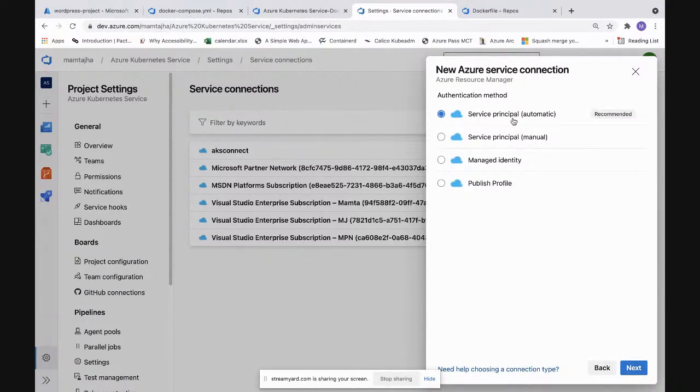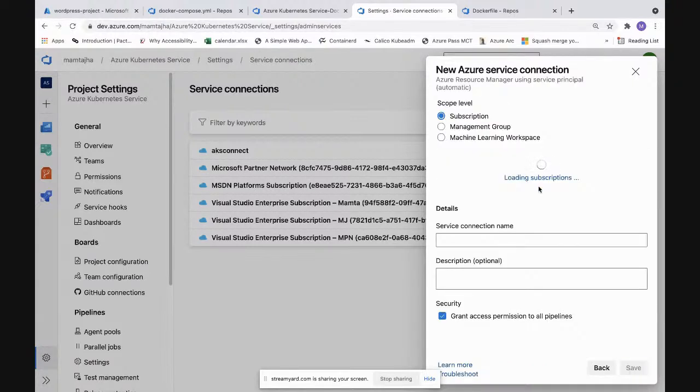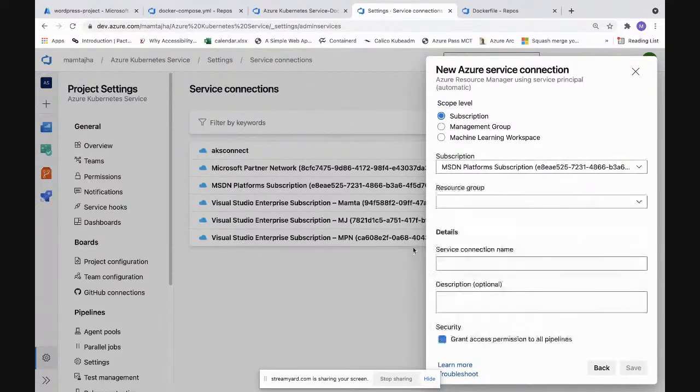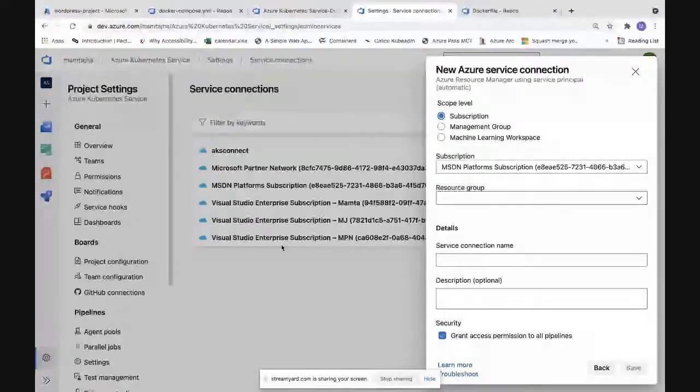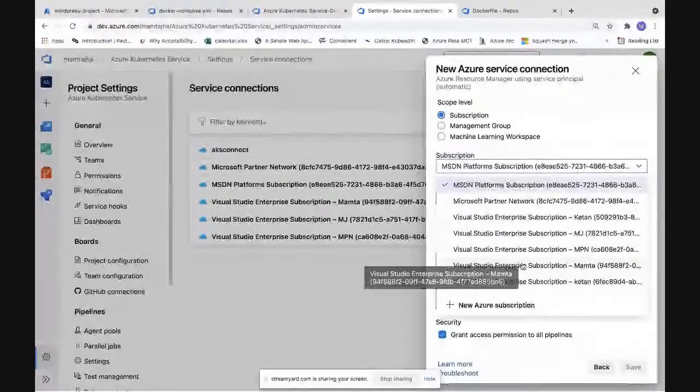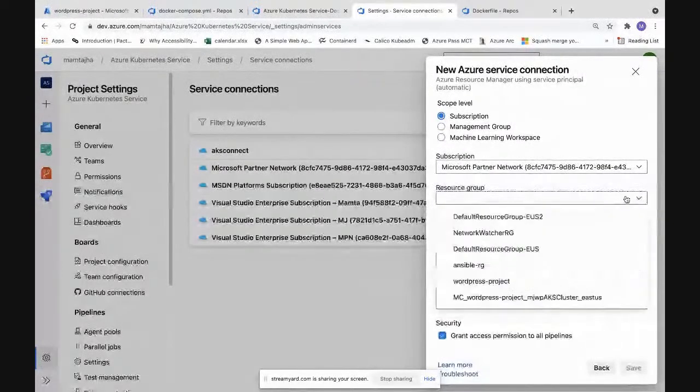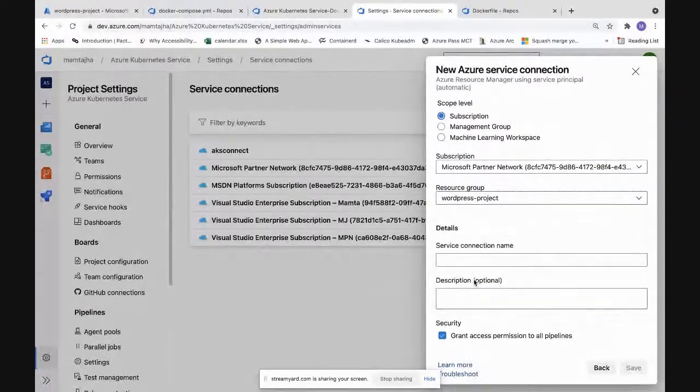You can go and create it in an automatic way. You will see here, it automatically populates my subscription and I can give a name for it and save it. You can see here, I've created a lot of them present over here. The connections which I have created, they are there. So if I want to create one, I can go ahead and create one by just giving this. I can say this is the resource group in which I want to deploy something. So in this subscription, in this resource group, it will allow me to do the things.